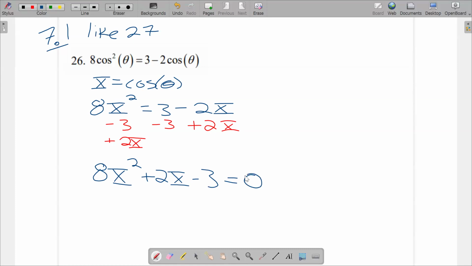And we can either try and factor or we can use the quadratic formula. And if you don't like factoring, just use the quadratic formula. So yesterday I did factoring, today I'll use the quadratic formula. Reminder,